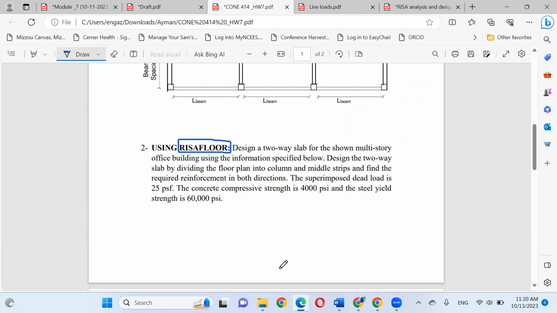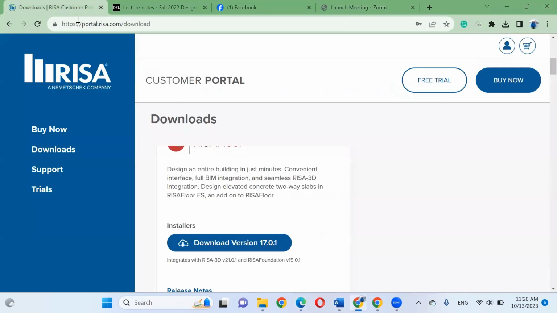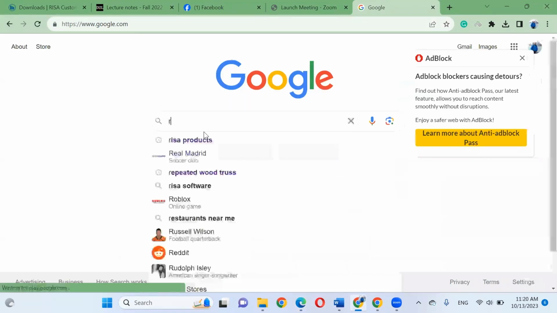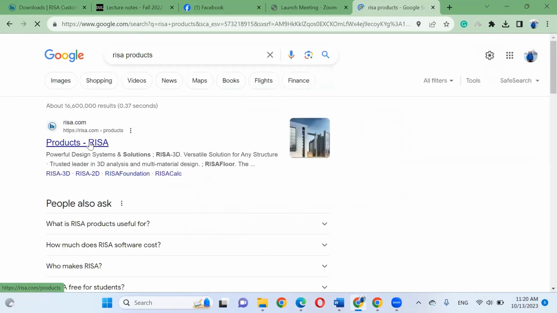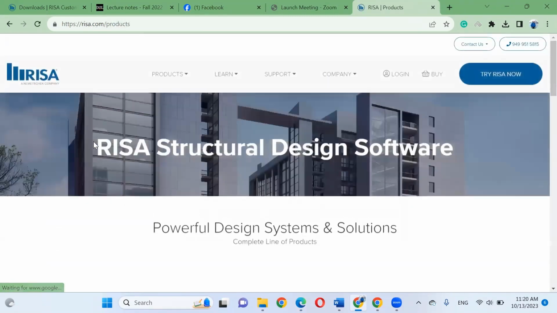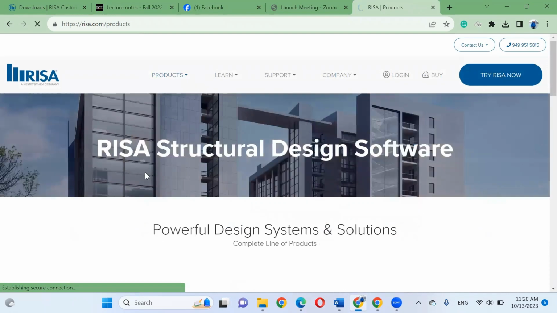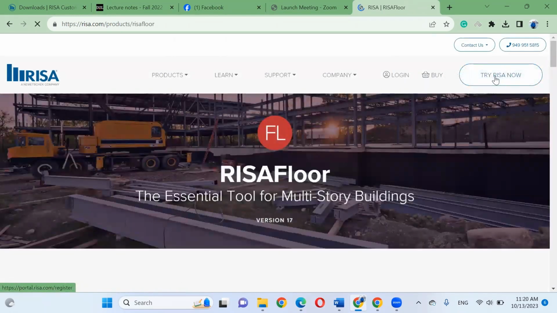How to download your software? Go to Google and search for Risa products. One of the products is called RisaFloor. Once you get it, you can try Risa now.